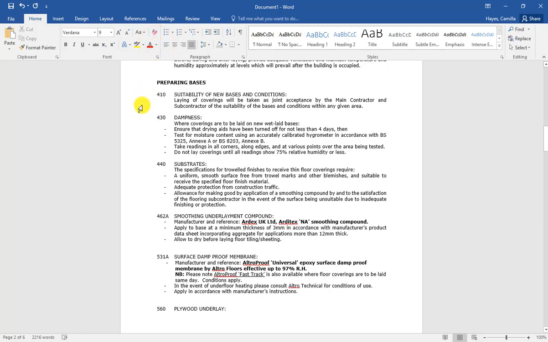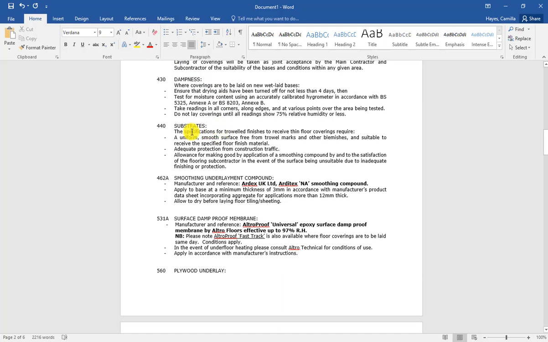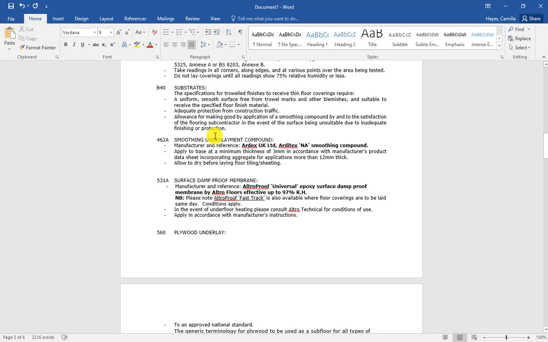As it is a new build, it's highly likely that the new bases will still have high levels of subfloor moisture, so it's important to keep paragraph 430 in, which refers to substrate moisture. 440 would stay in, as this is the paragraph that refers to the requirements in terms of subfloor finish, and this brings us on to paragraph 462A, which would stay in, which is recommending the use of Ardex Arditex smoothing